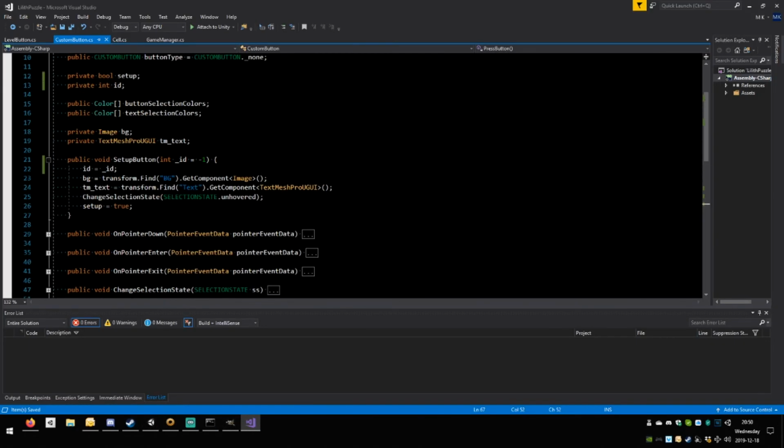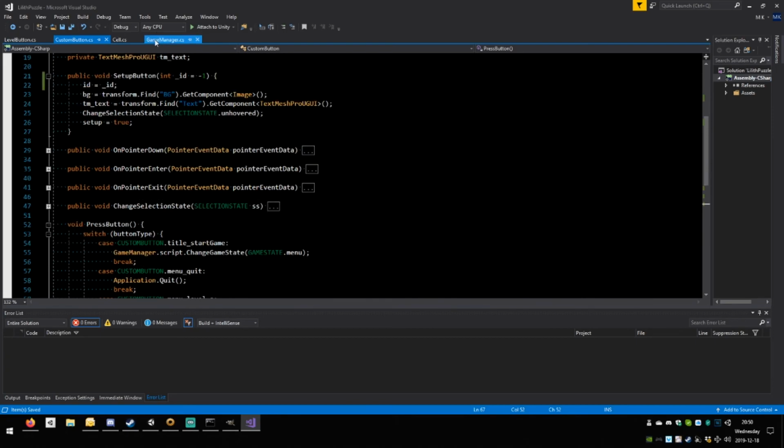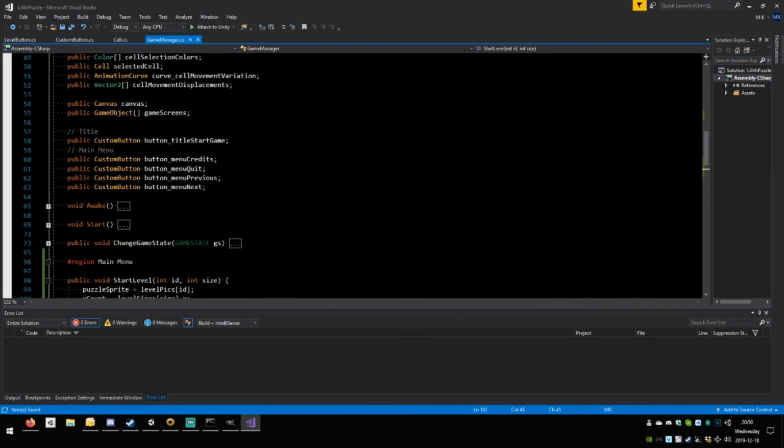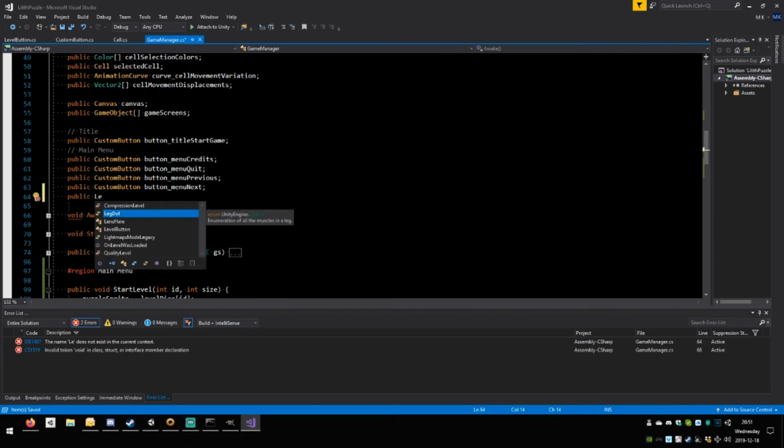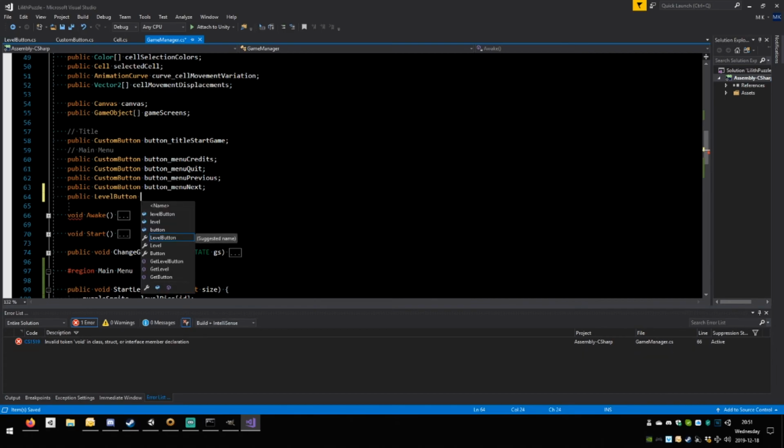do, which is every time we enter the menu, we need to actually set up all of the level buttons, which means the game manager needs to know the level buttons. So here you can say public space capital level button. There it is, hit tab. Call these level buttons. Oh, sure, we forgot the array. Put an S,